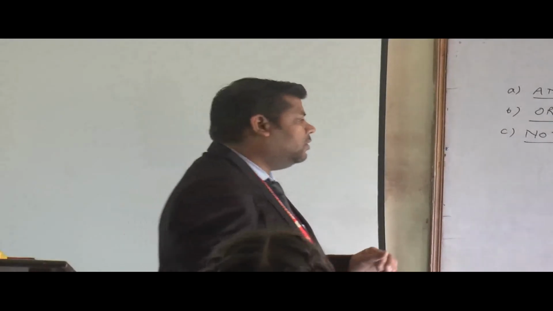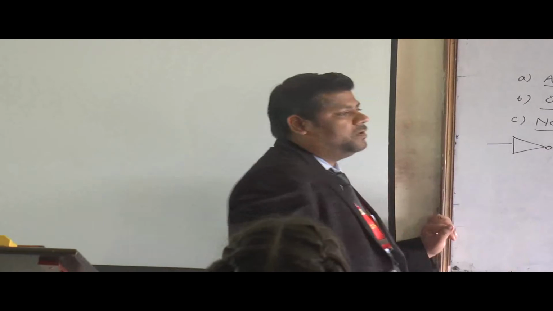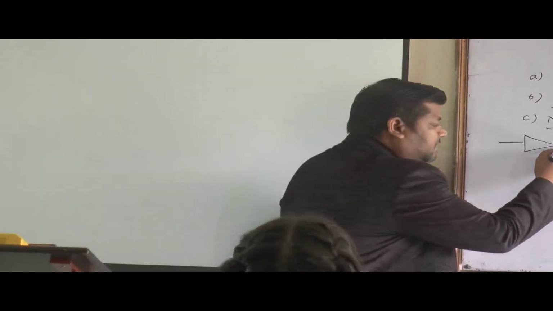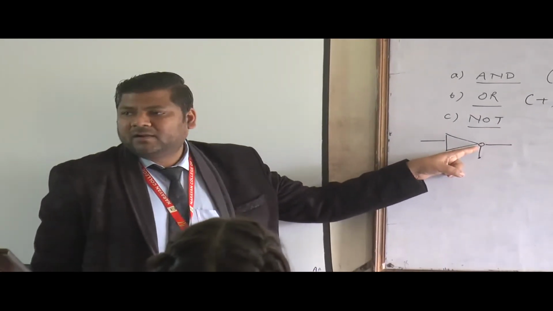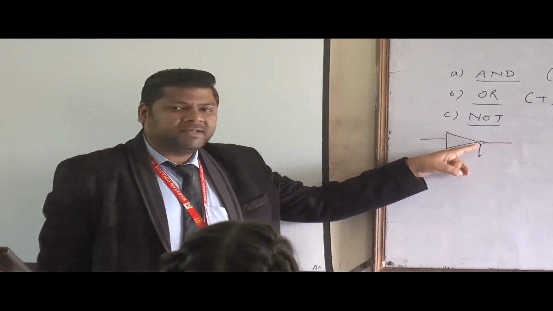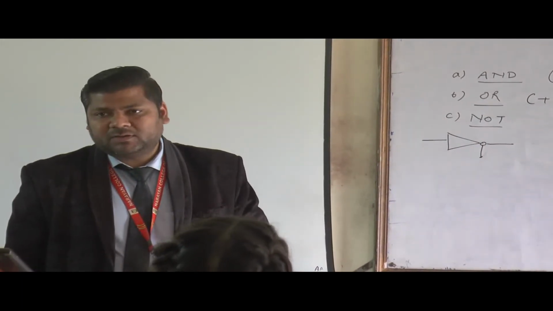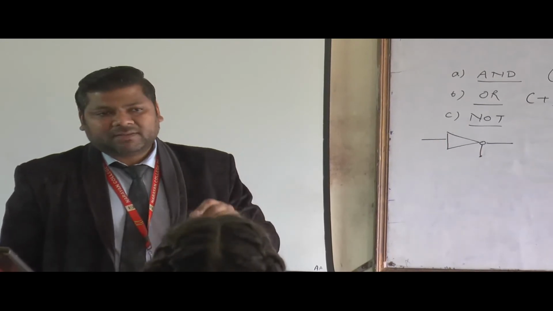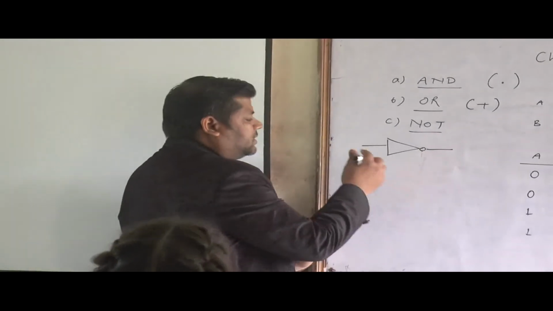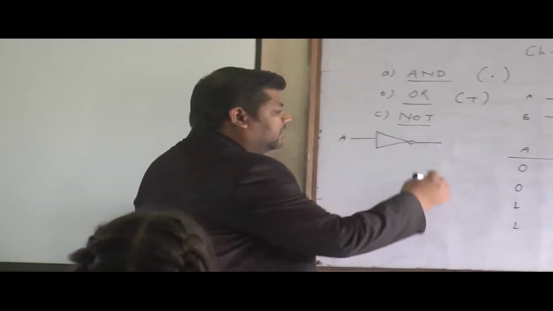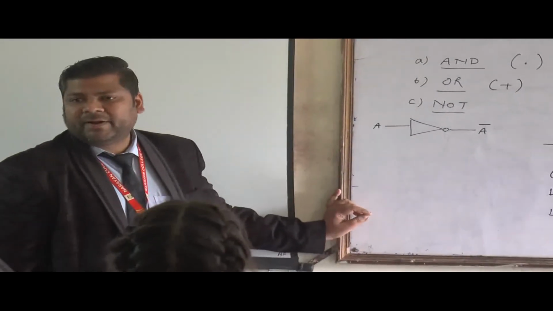Okay. So as you can see, this is the circuit diagram of NOT gate, and this symbol here is denoted as bubble. This symbol is called bubble. It is the main symbol in the NOT gate, because of this bubble symbol, the condition inverses. So if A is passed, you will get the complement of A.